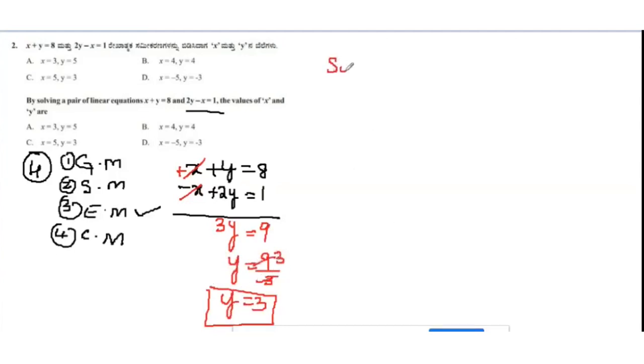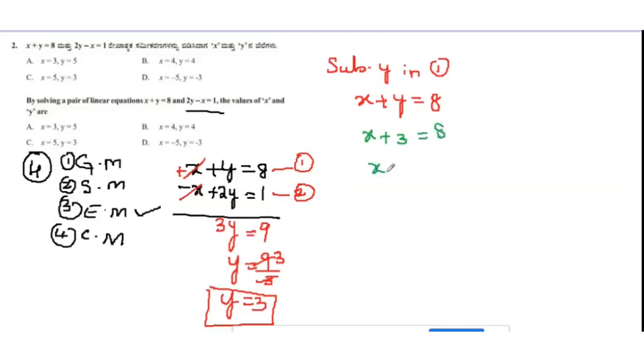And I am going to substitute the value of y in either the first equation or the second equation. I'm going to substitute the value of y in the first equation. If you replace it even in the second equation, you will get the same value of x. So x plus y is equal to 8. I'm going to replace the value of y as 3, which we solved just now. So x is equal to 8 minus 3. I want the value of x, so I'm sending the plus 3 to the other side and it becomes minus 3. x is equal to 5. So the correct option among these four choices is x is equal to 5 and y is equal to 3.